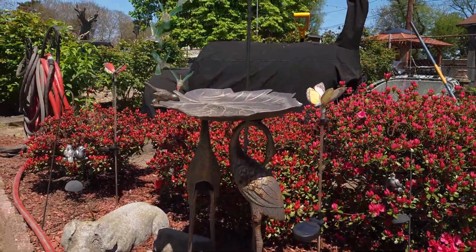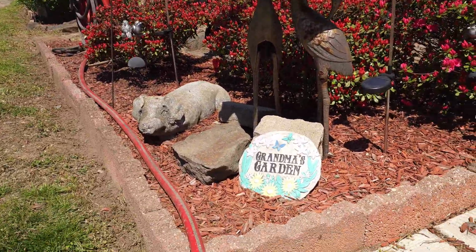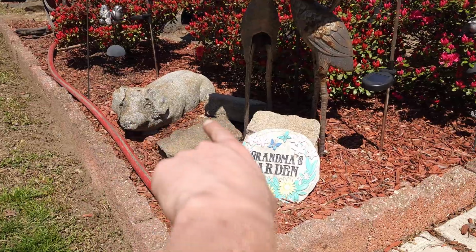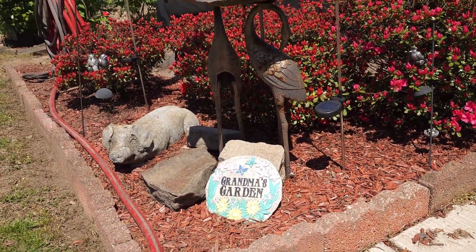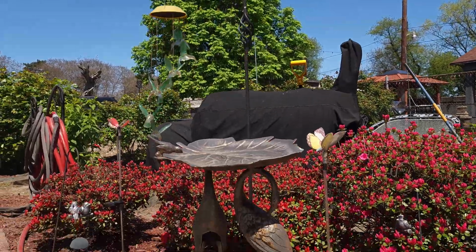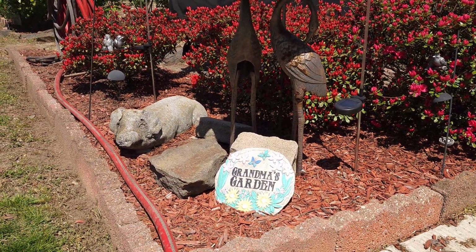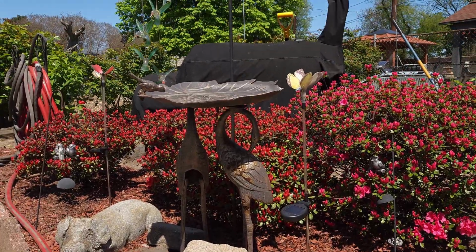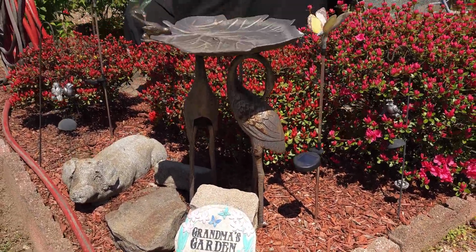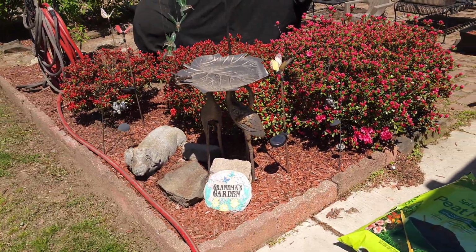We finally got a nice sunny day out, and I'm going to do something for my mother. When I started working on this last year, I put this little space in. It was originally kind of curved off and just cut at an angle, and I extended it out, then we put that in, Grandma's garden, because it's Grandma's garden. Well, I got some hyacinths and another batch of flowers, and I'm going to redo this. I'm going to make it look real nice because she really loves those, and let's see what we can do